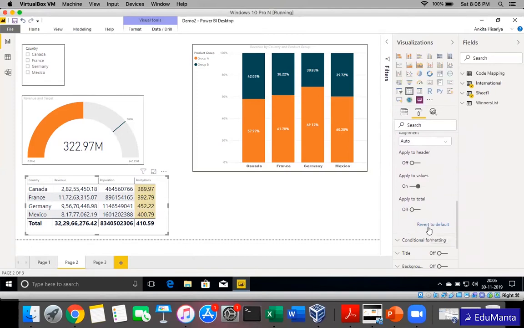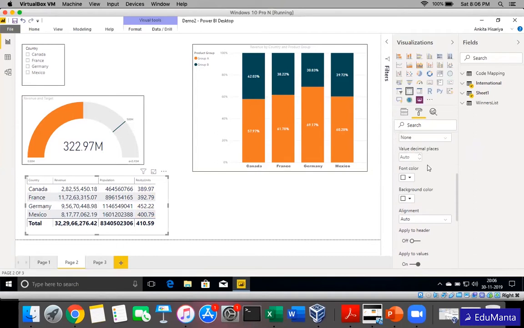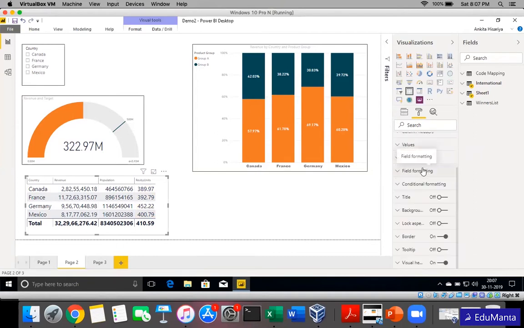Suppose this is not my requirement. My requirement, and it's a very common business requirement if you are dealing with day-to-day projects, you will know there are many cases where users want some particular values to be highlighted. For example, it can be from lowest value to highest value in a diverging way, or suppose my revenue by units is greater than 400, highlight in a different color, less than 400, highlight in a different color, and so on. And that can also be for font, background, and different criteria.